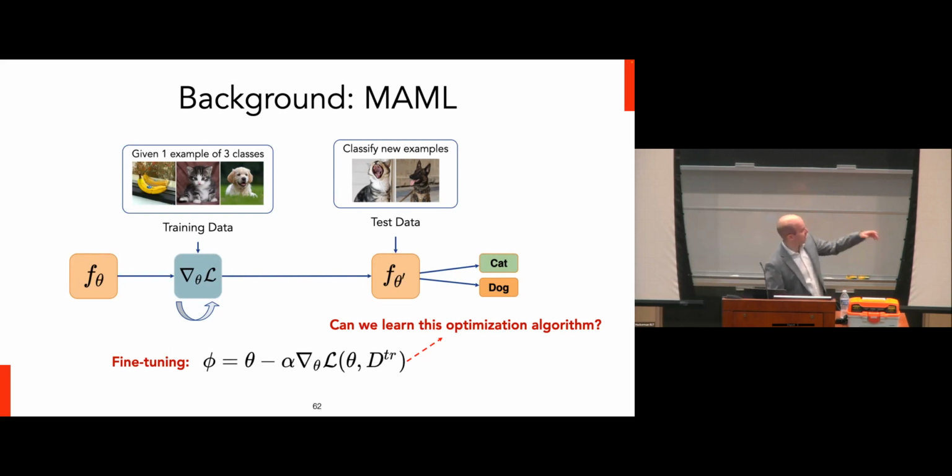So for example, I would want to learn some set of initial parameters such that if I got one example of a banana, a cat, and a dog, I could afterwards classify a bunch of examples of bananas, cats, and dogs. But I would be learning how to classify that from something that was not exactly the task that I've been doing up until this point, which is something that deep learning is typically kind of bad at.